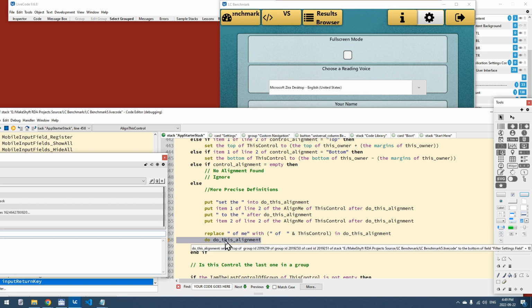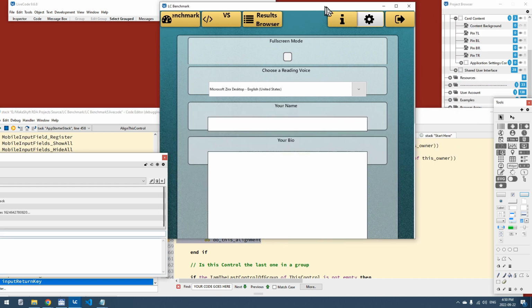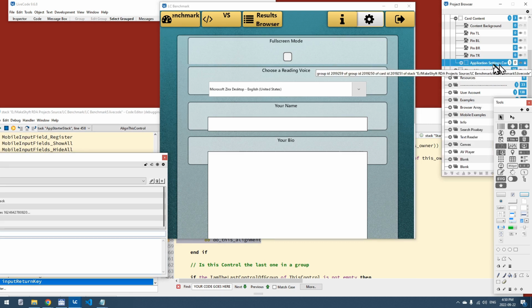So this is what happens when you go to a different card, but there's an error in the referencing of the alignment properties of one of the things on the card. So in our case, the error is with this big group, which is visible here,